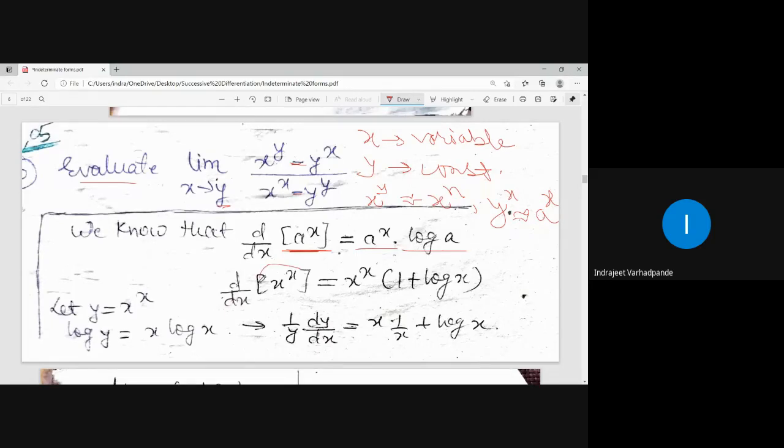What is the derivative of this x to the power x? You call this an implicit function. So take the log of both the sides and then you find out the derivative. You must be remembering this procedure of calculating the derivative for the implicit function, which is a function to the power function, x to the power x. Is this fine? Kindly note down the properties related to the solution of this example.